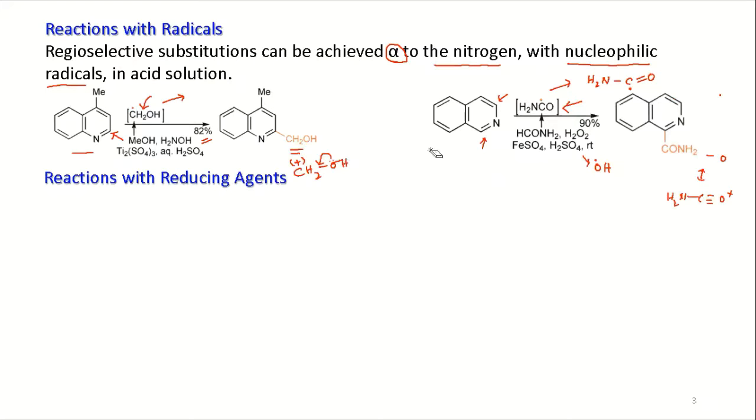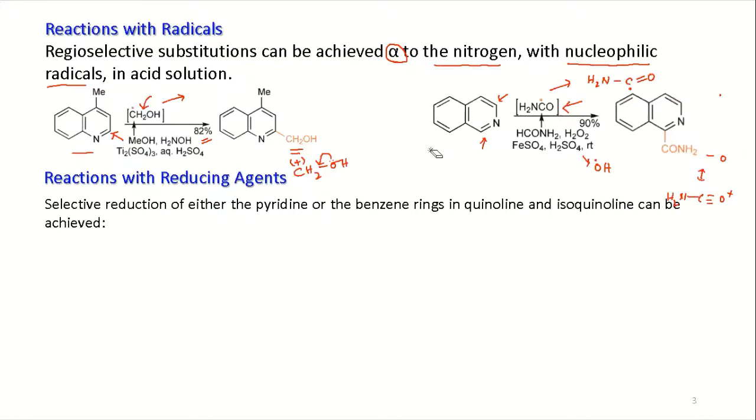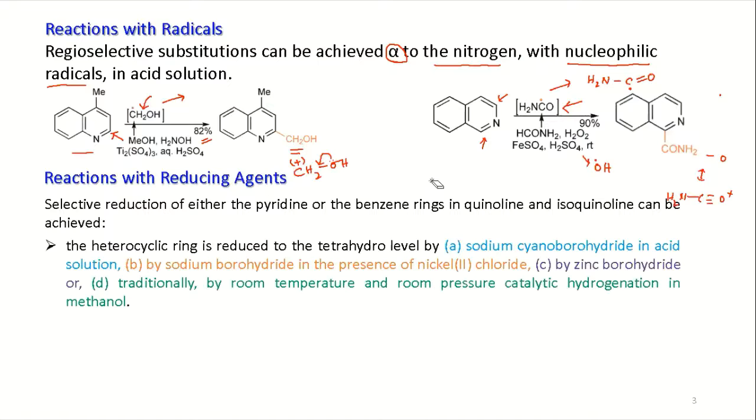You have seen the reactions with reducing reagents for pyridine, but here, selective reduction of either the pyridine or the benzene rings in quinoline and isoquinoline can be achieved. Whether it is the benzene ring or the pyridine ring, you can do the selective reduction by using selective reagents. So the heterocyclic ring is reduced to the tetrahydro level